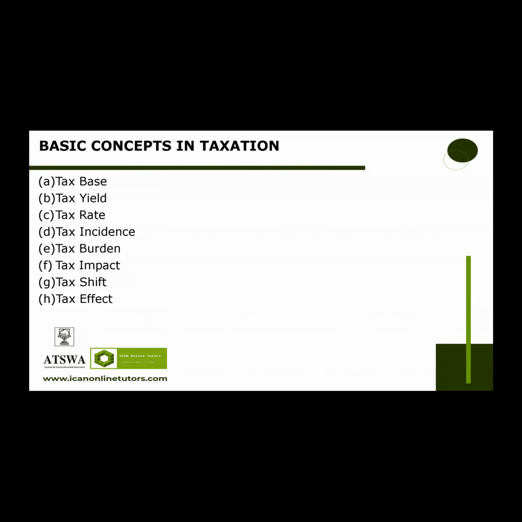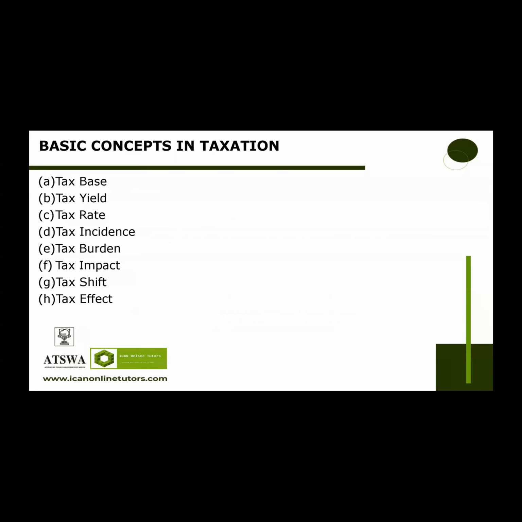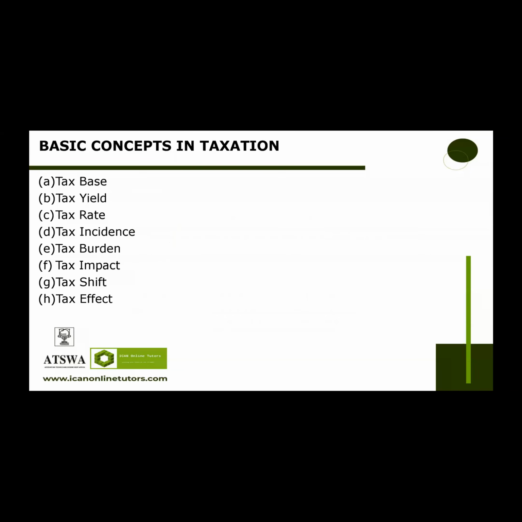Then we have tax burden. This is the amount of income, property, or consumption tax levied on an individual or business. Tax burdens vary depending on a number of factors, including income level, jurisdiction, and current tax rate. Income tax burdens are typically satisfied by deduction from an individual's payslip each time he or she is paid. For example, the burden of VAT or goods sales tax is on who? Is on the consumer of those goods and services.